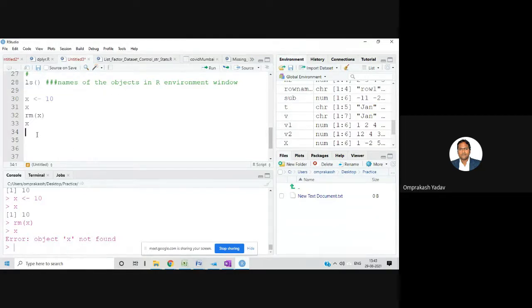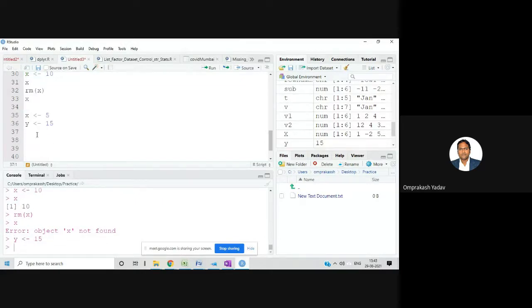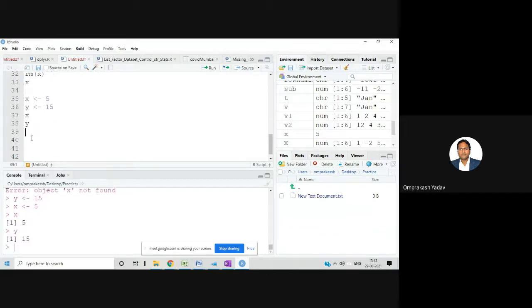Now again, let's create this. Let's say X equal to 5 and Y equal to 15. So if we want to see the X and Y values, they are there. I can also say rm(X, Y), so it will remove both the variables from the environment window.